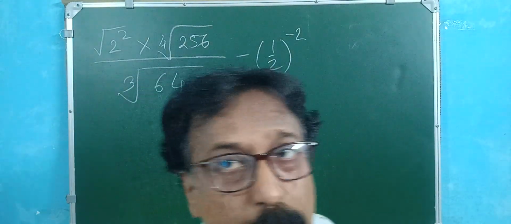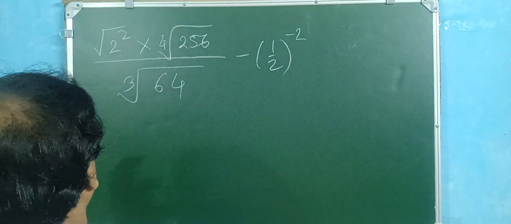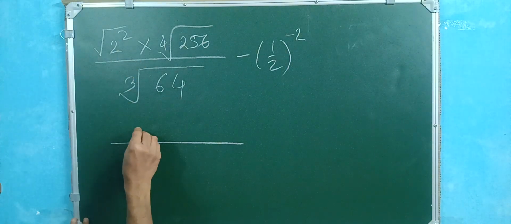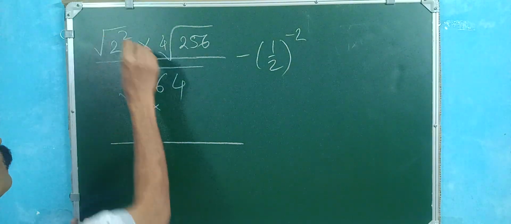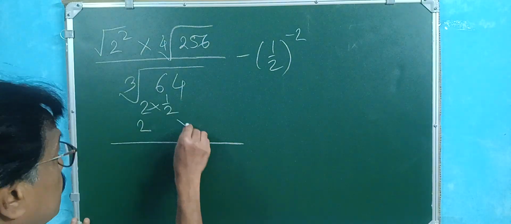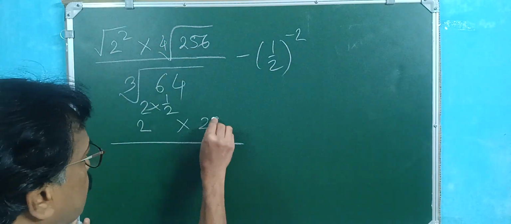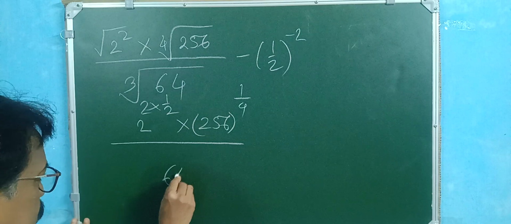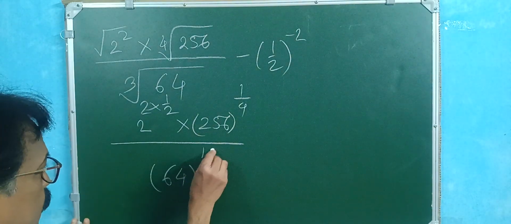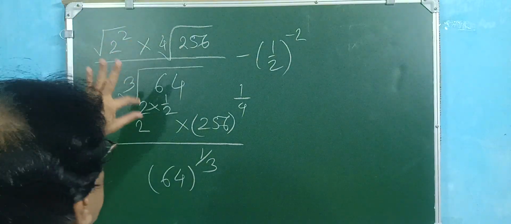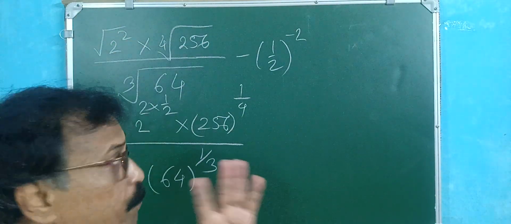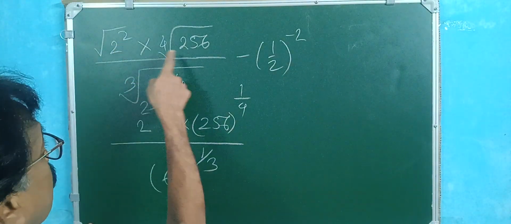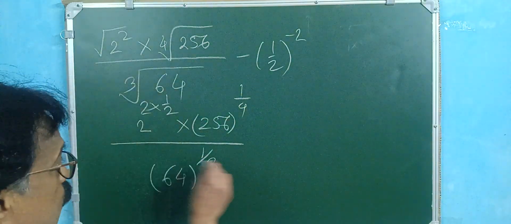Now this is the sum. No problem. Okay, so first this one. Suppose this is the main line. This is 2 square and this is half. 2 square into 256 to the power 1 by 4, and here is 64 to the power 1 by 3. You already know this: under the root means always 1 by. So this is square root, so half. This is 2 square, this is half, this is 256 to the power 1 by 4, 64 to the power 1 by 3, and this is